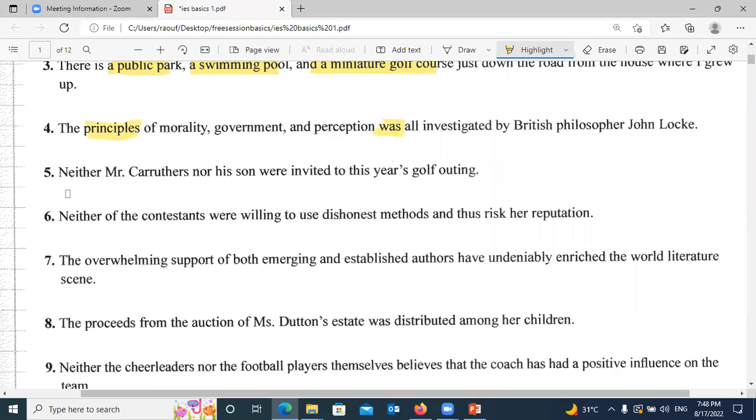Here, I love question number 5. I'm giving you time to answer it and send it to me on the chat, please. Answer question 5 and send it to me on the chat.